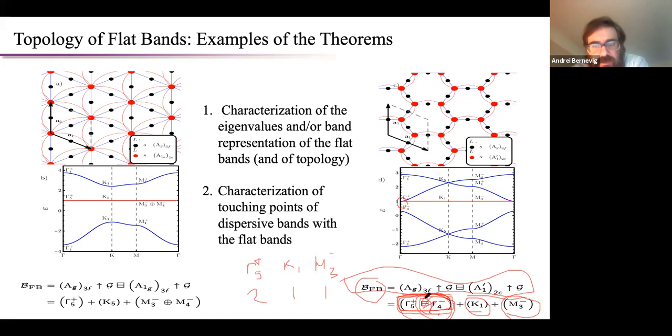If such a situation arises where, by taking this atomic limit difference between the L and L tilde lattice, I have a difference of representations like gamma 5 plus minus gamma 4 minus, then it would be nonsensical to say that this is a one-dimensional representation, because it's a difference. States have to come in sums of representations at high symmetry points in the Brillouin zone. And that means that I have a degeneracy point.